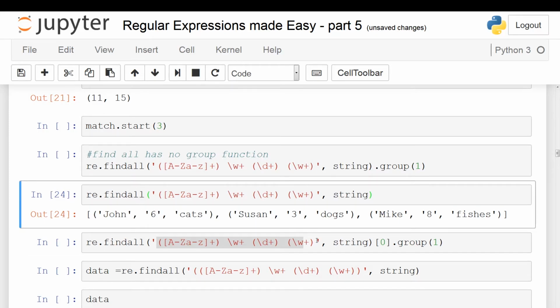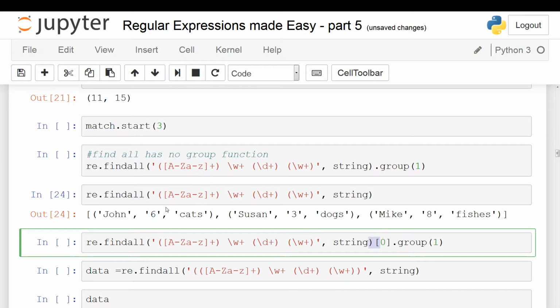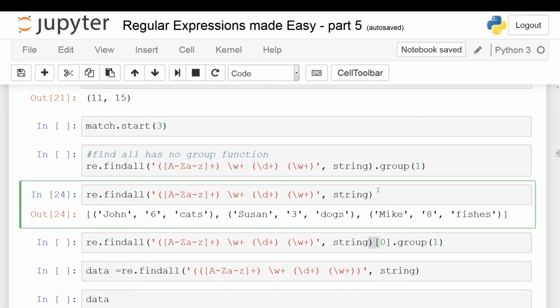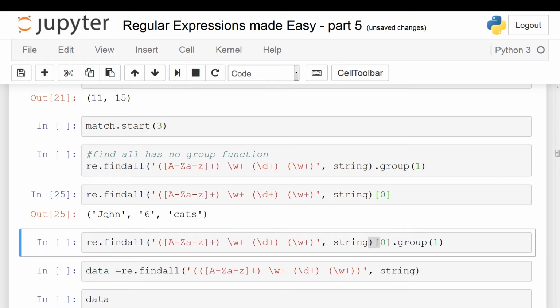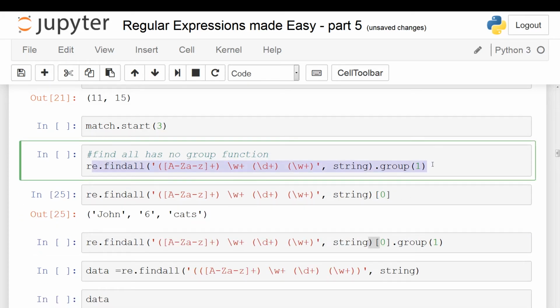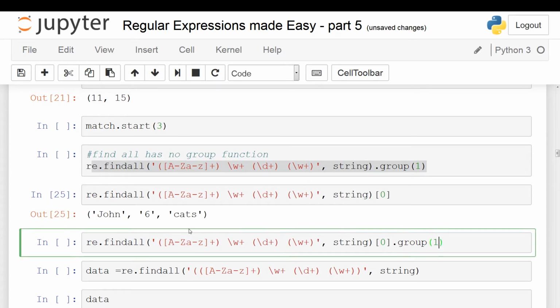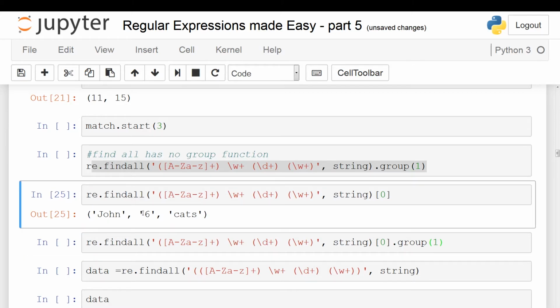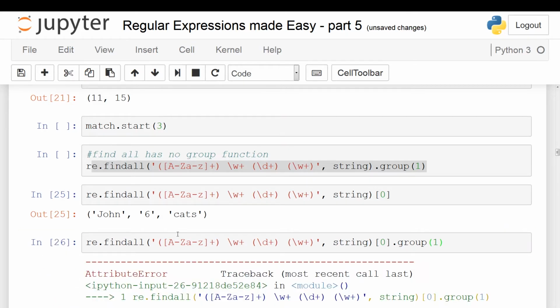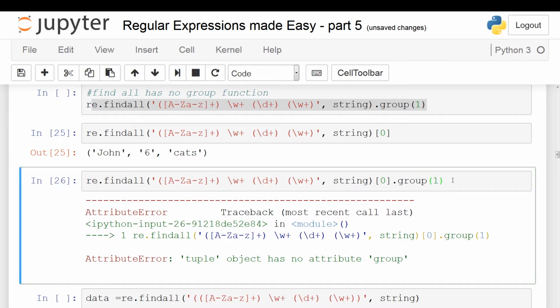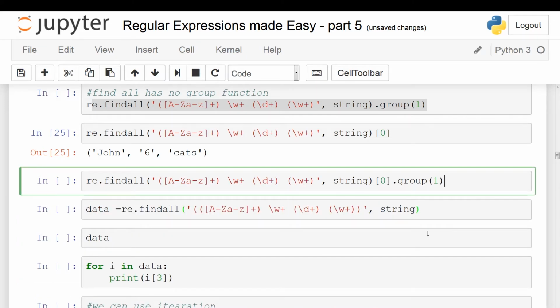within this list. So even if I pull out the first item through slicing, as you can see, if I pull out the first item, it's not a list anymore. Earlier we had a problem that list doesn't have the attribute group. Now I got rid of the list and I'm just getting output of this. So I'm taking the first element from the list. However, even that doesn't have a group. So if I wanted the group 1, in this case group 1 would be John. If I wanted to pull out just John, I couldn't do that. See? Can't do that. So findAll doesn't have groups, but there's actually some workarounds around this, and I'm going to